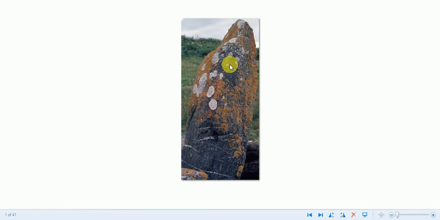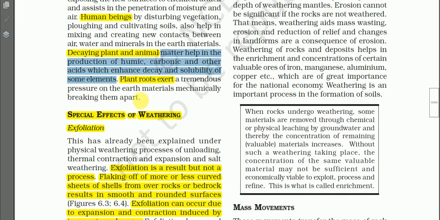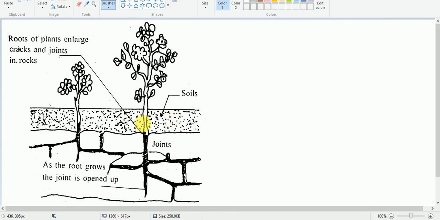So in this way, these algae and the mosses also attack a big rock, thus leading to the weathering process. Then another one: plant roots exert a tremendous pressure on the earth material, mechanically breaking it apart. See here, one more picture. When the plant grows,